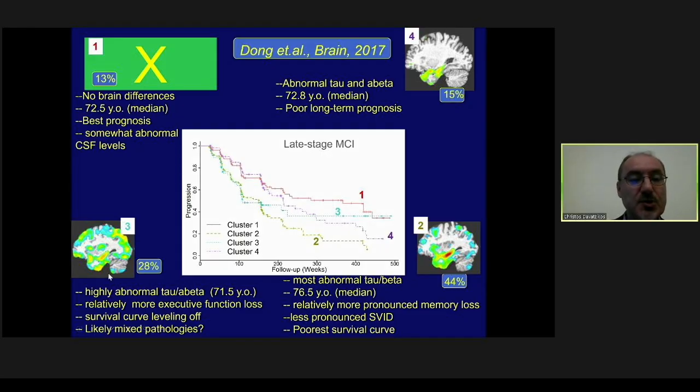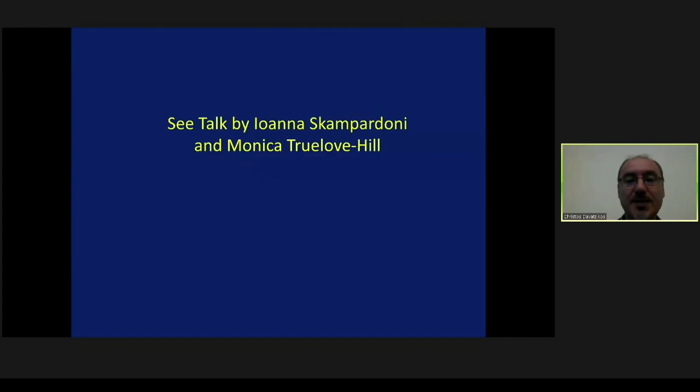28% had a very diffuse atrophy that involved the hippocampus. That's why they were enrolled into the study, but it was very diffuse. And then 13% had basically normal structure. And these subtypes had different survival curves. There were some interesting differences in many of the biomarkers that I don't have time to go through, but it shows you that even in a group that we expect to see relatively more homogeneous results, we have subtypes that are identified by this method.